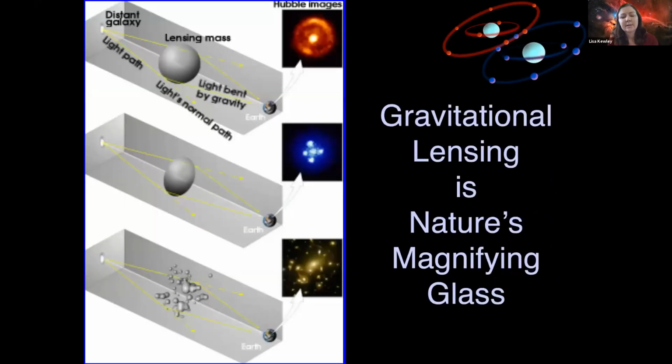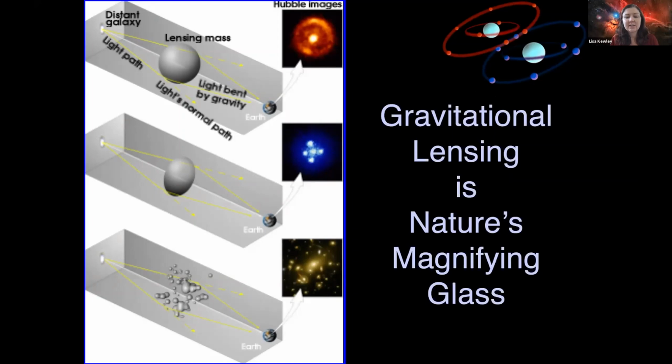This is a technique that was predicted by Einstein and only proven much, much later that it actually does exist in the universe. Einstein predicted that if you have a really massive object in the universe, like a cluster of galaxies could be a really massive object, or a quasar is a really massive object, then you can actually bend the light around that massive object, and the light bends just due to the gravity.